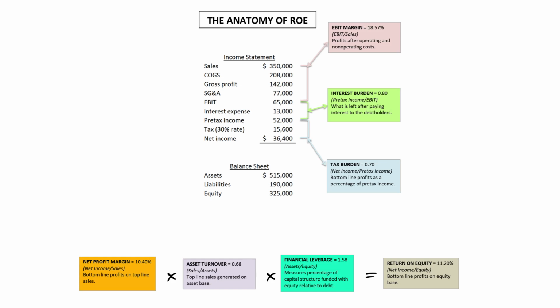And guys, don't forget, if you took your profit margin and multiplied it by your asset turnover, those two combined are your return on asset. That multiplied by a degree of financial leverage gets you return on equity. So, outstanding summary of the DuPont model. Make sure you know all the key components. All right, you guys should be in good shape. That's the math. Now let's take a look at some theory.